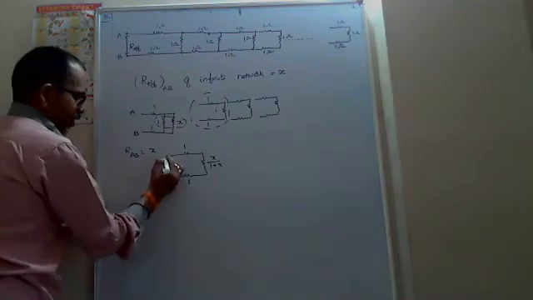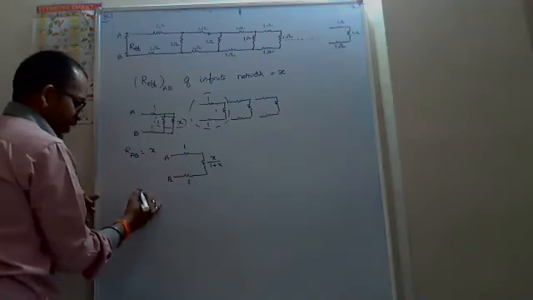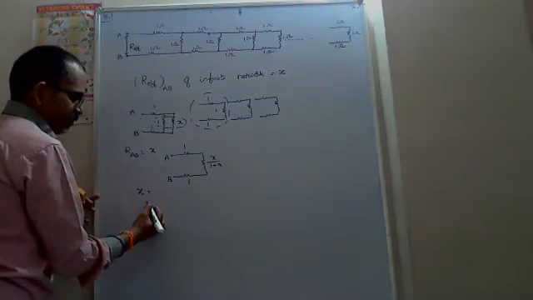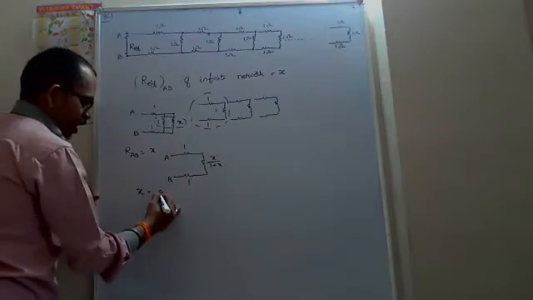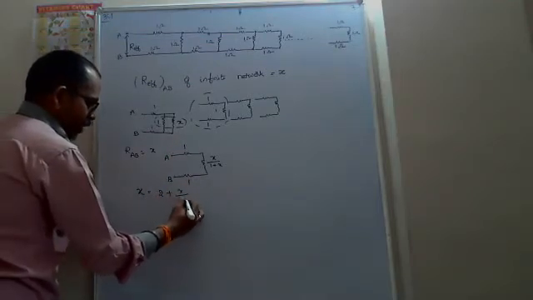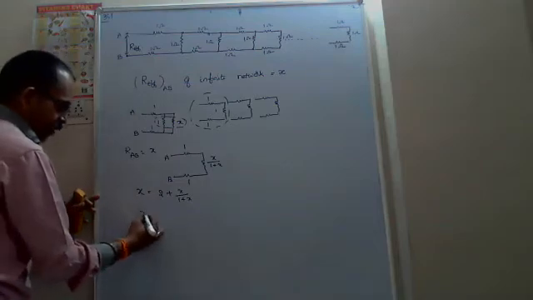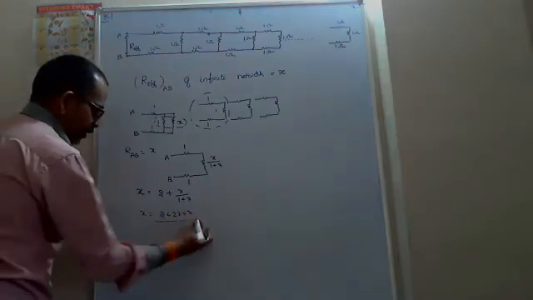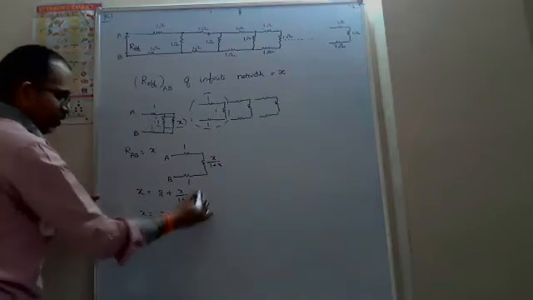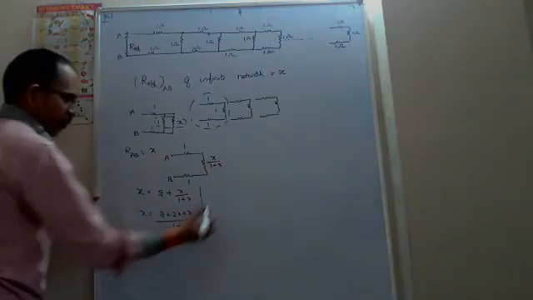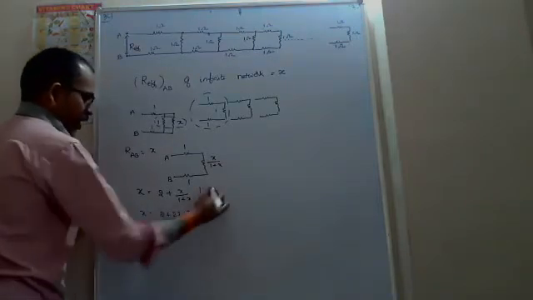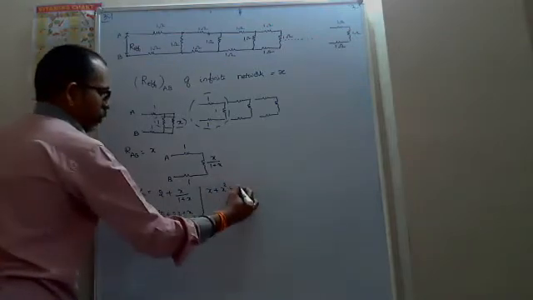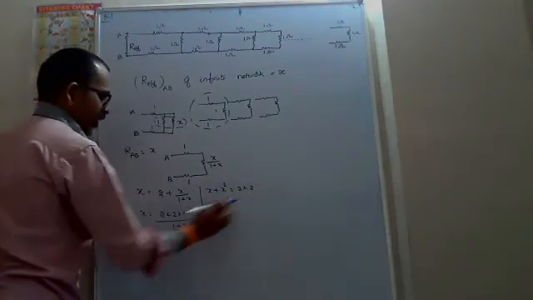So effective resistance between A and B, which is X, is equal to... these 3 are in parallel or series? Series. This is 1 series, plus 1, 2 plus X by 1 plus X. Now X is equal to 2 plus 2x plus X by 1 plus X after taking LCM. Okay. Now cross multiplication. Here x plus x square equals 2 plus 2x plus x, that is 3x.